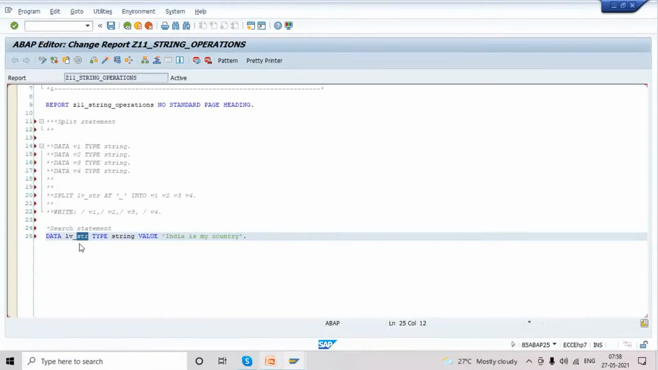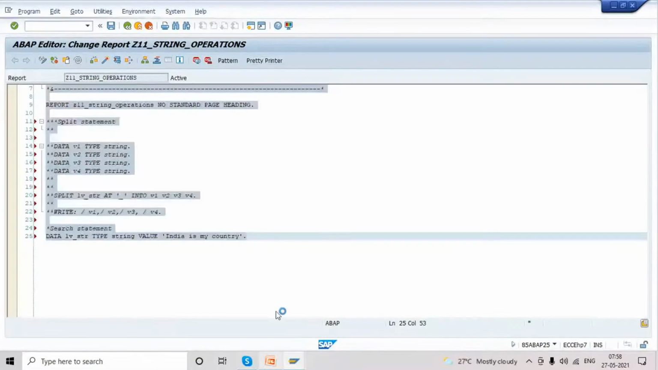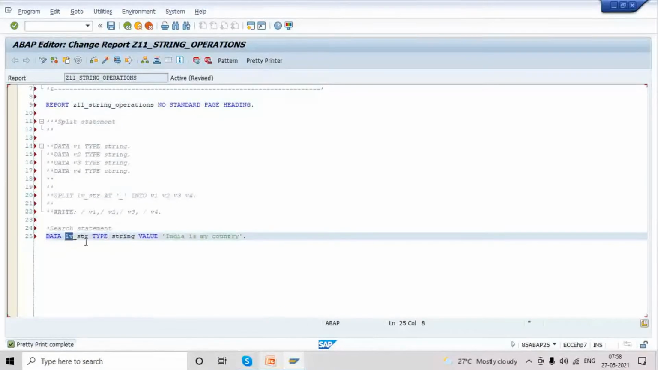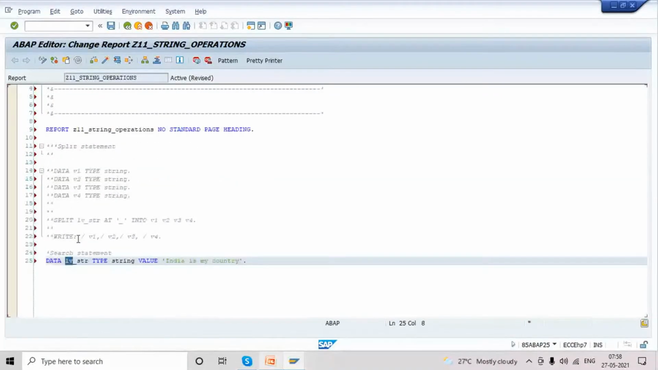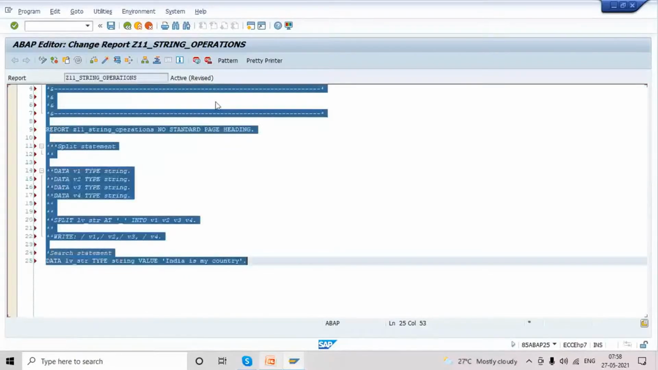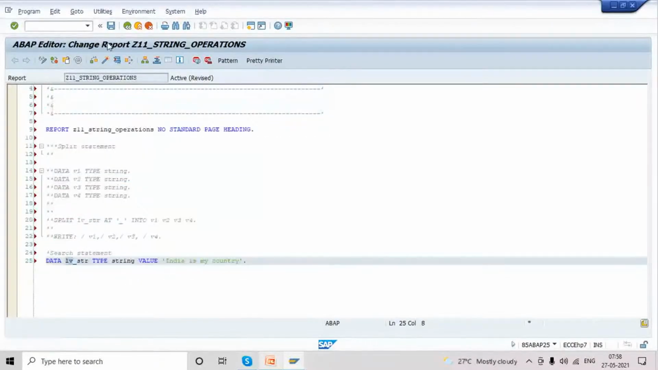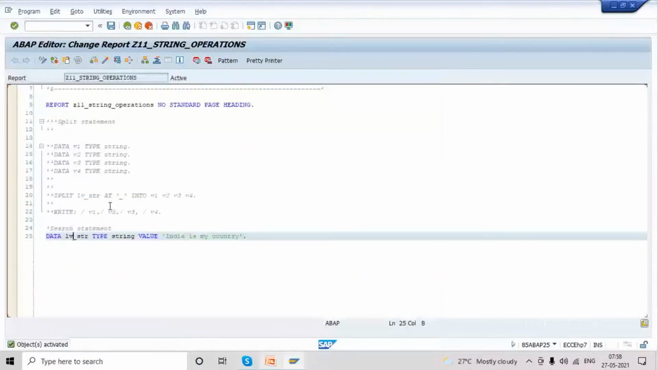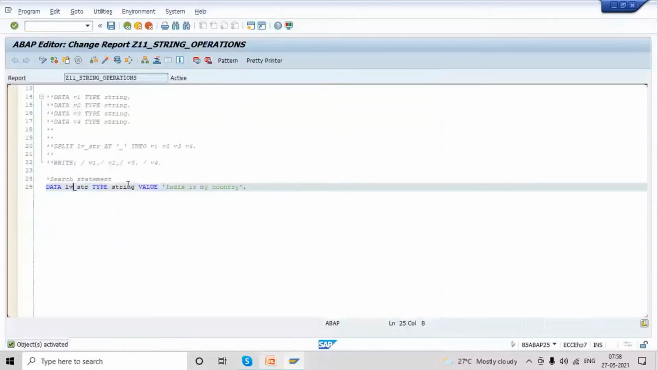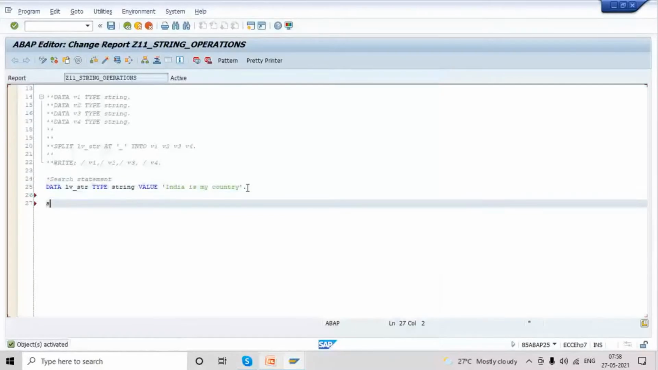So now I'm using it for a string, that's why I'm mentioning LV str. LV means local variable, which we follow in our coding standards. For variable purpose we use LV. For other declarations we use different prefixes, but you can see that in further sessions. SAP also does the same, so we are following SAP rules only. LV is used for local variables. So here I'm using